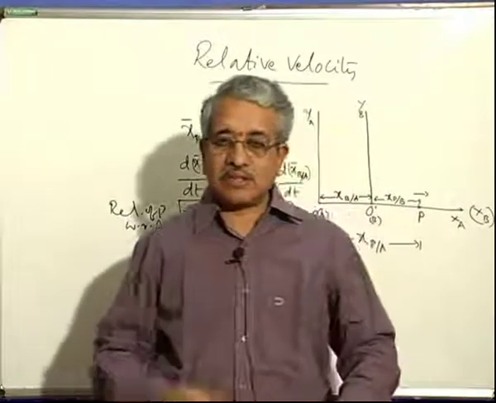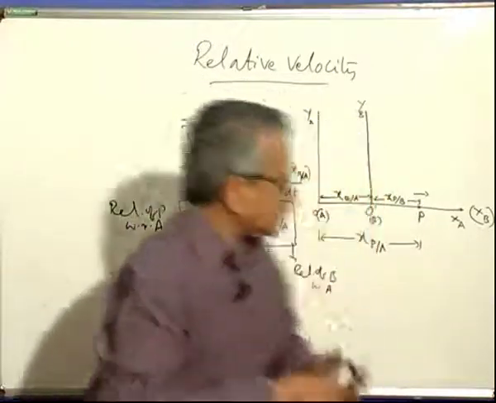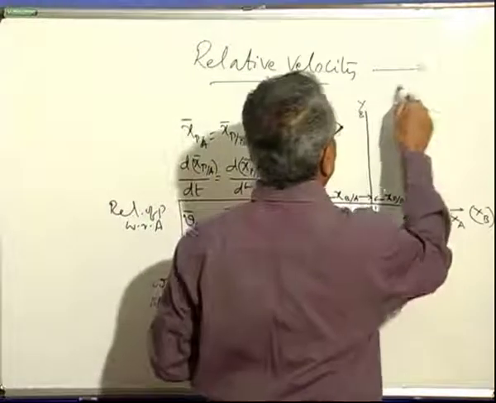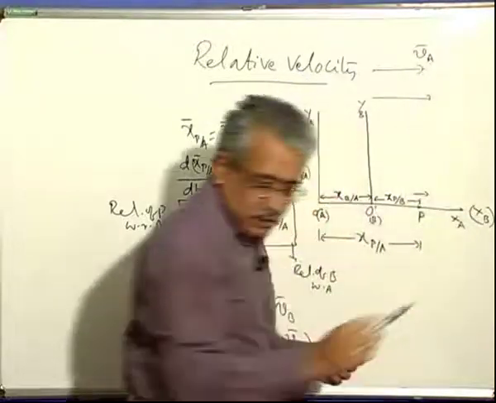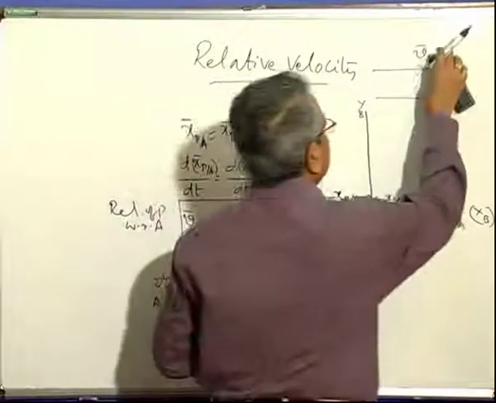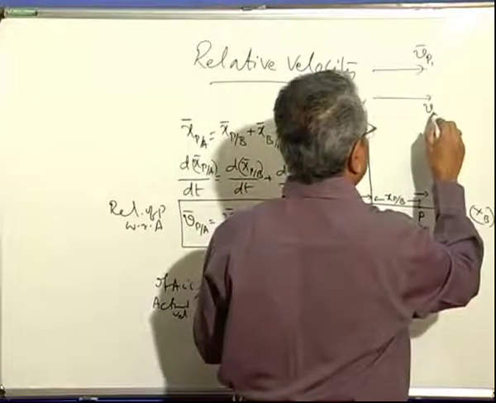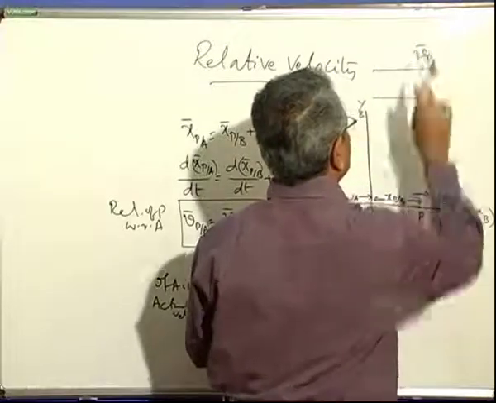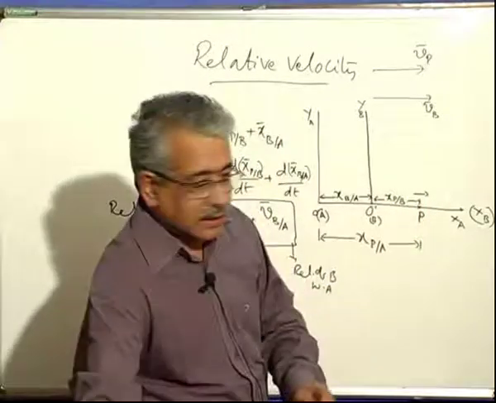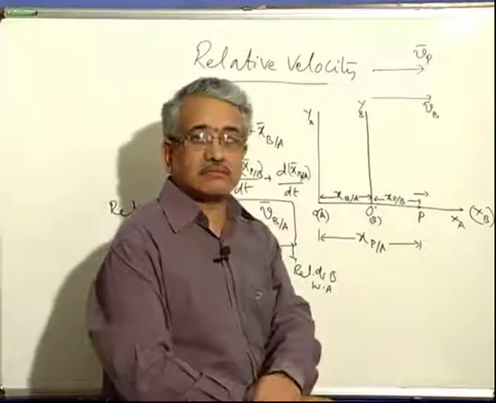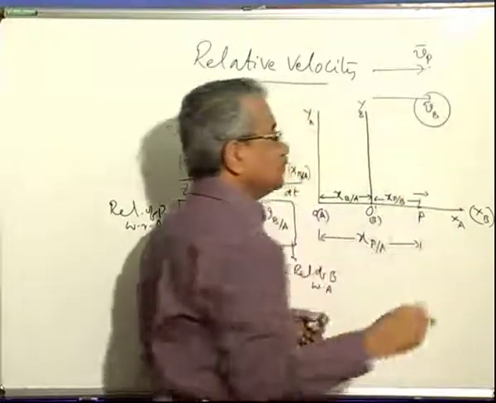Then what happens? What is the relative velocity between each of you? You are also moving, the other is also moving. Suppose you are moving with different velocities. It is like this. There is a car moving, there is another car moving. This is moving with the velocity, I call it as P, this is one part. This is another velocity, your observer is there, say it's like that. There are two things which are moving. These velocities are not the same, they are different. But they are moving along the same direction, values are different. So what will be the observed velocity of this body as observed by B?